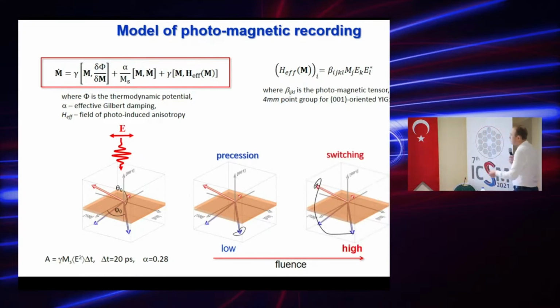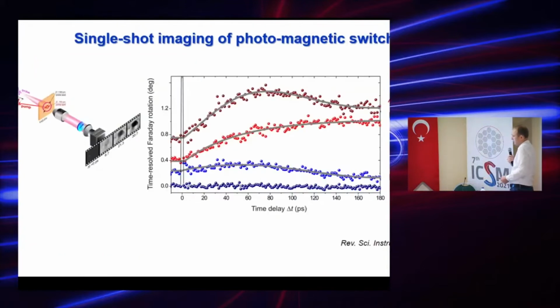You can see the switching of the magnetization for higher fluence above the threshold limit. The magnetization moves under the electric field of the linear polarization to another state, and due to the higher damping it stops in the new orientation, and the switched state is stable for a very, very long time, which depends on the non-zero coercive field if you look at the magnetic domain.